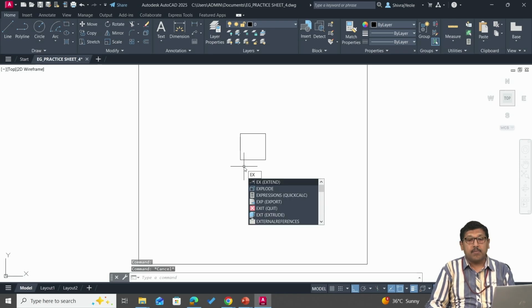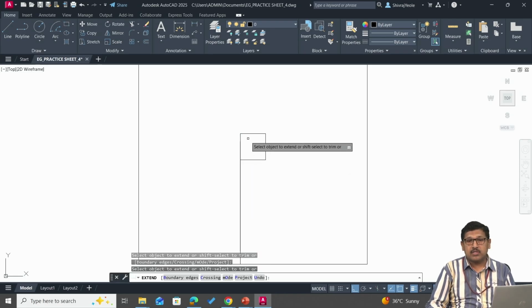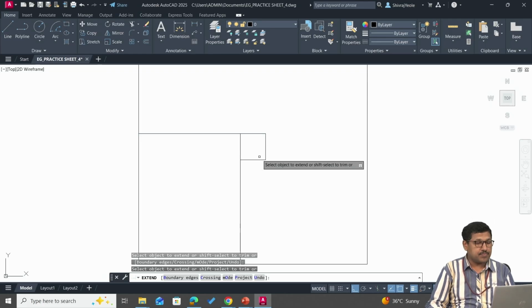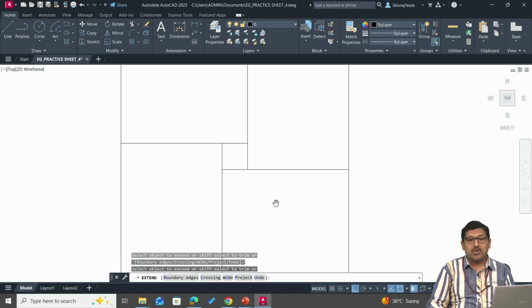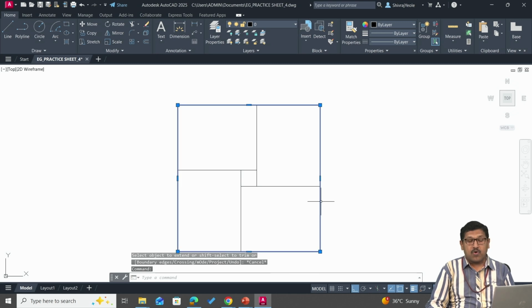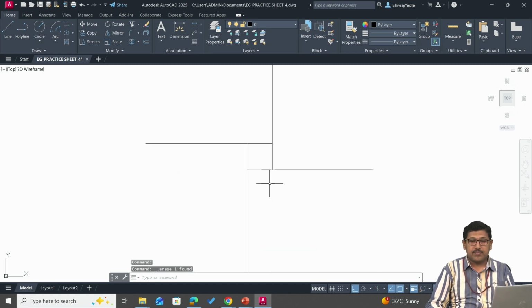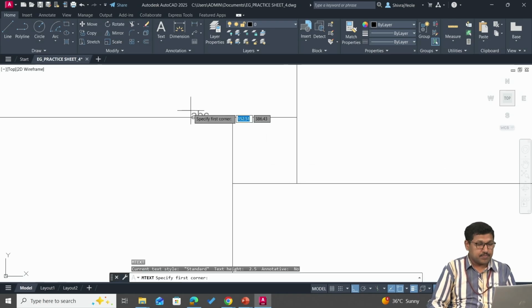So I'm making use of the extend command. I'm clicking on this, then the next side, then the next side, and the last one. So once we have extended all the four sides, the square that we have offsetted can be deleted. Now I'll make use of mtext command,